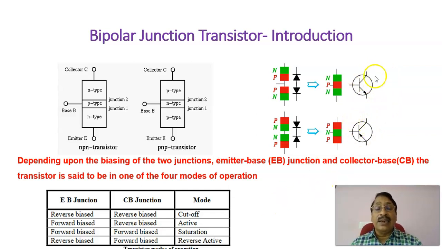When a transistor is used as a switch and it is closed, it will be in the saturation region. When it is open, it is operating in the cutoff region. Therefore, when a transistor is used as a switch, it will be either in saturation or in cutoff. And the third one we call the active region. In the active region, the emitter junction will be forward biased and the collector junction will be reverse biased. When a transistor is used as an amplifier, it will be working in the active region.